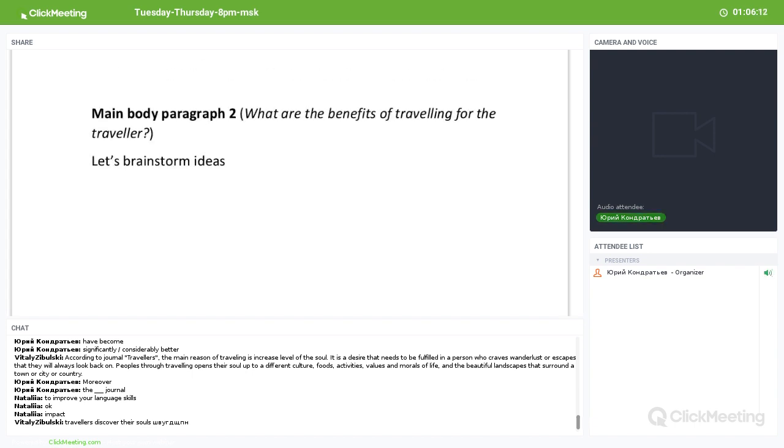Okay, so what are the benefits of traveling for the traveler? Can you please write the main ideas? What are the advantages? When you started talking about the reasons why people travel more and more, you actually started talking about the benefits. Well, this is the benefit, and that's why they travel. But I would recommend to separate. There are clear reasons, and then there are benefits. Of course, a benefit can also be a reason why people travel, but let's just describe them as benefits.